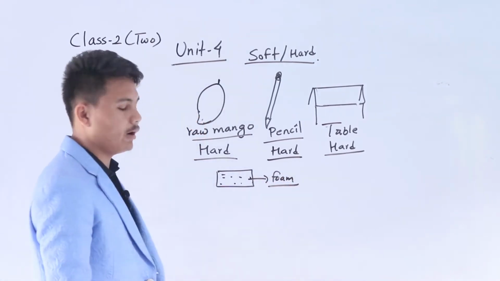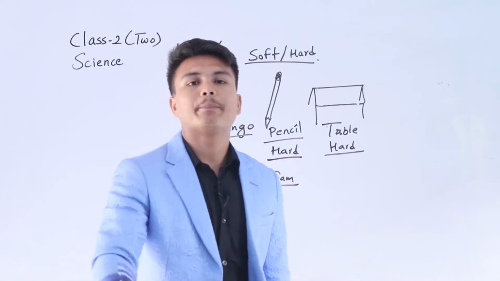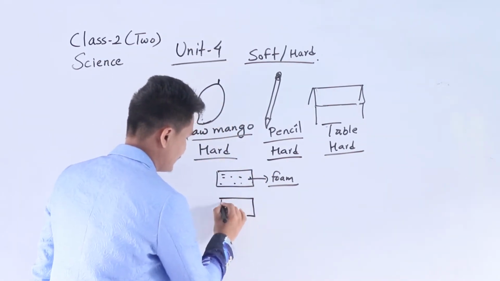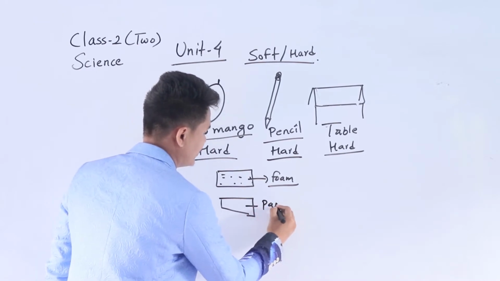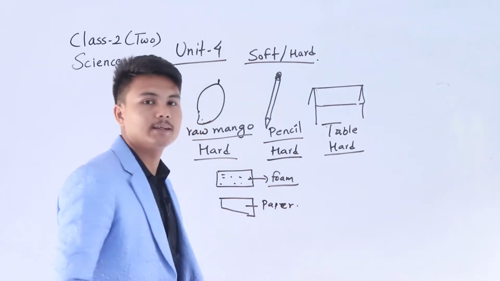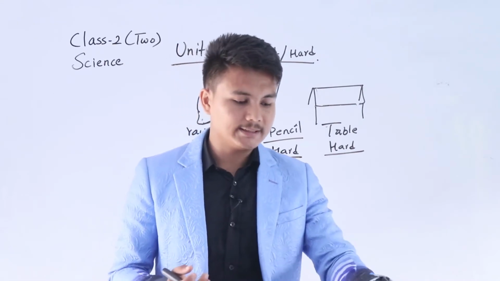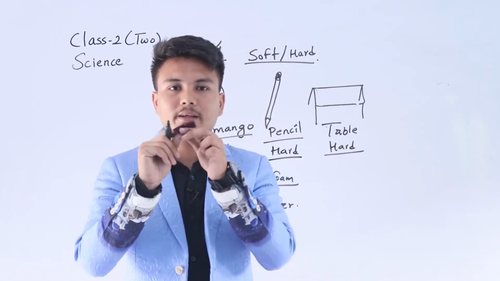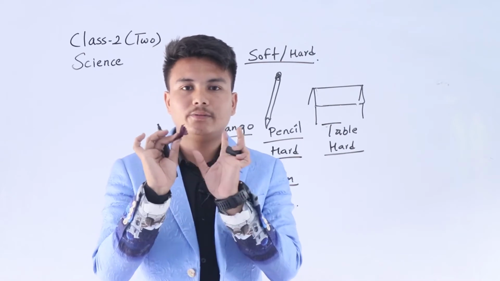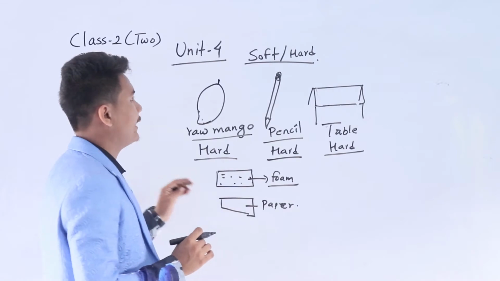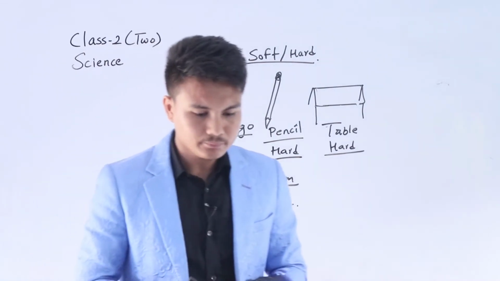Okay, it is very soft. Your paper is soft. This is a page of a paper. Okay, a page of a paper you can easily tear. Yes, you can easily tear the paper, so it is soft. Okay, this leaf is also soft. We can easily break it. We can easily do anything. Okay, so these are the soft and hard objects.